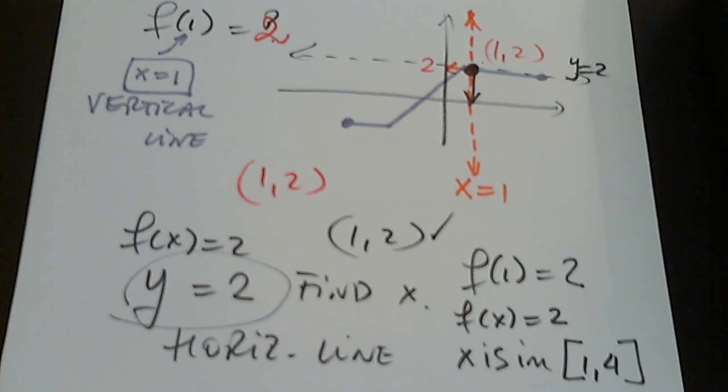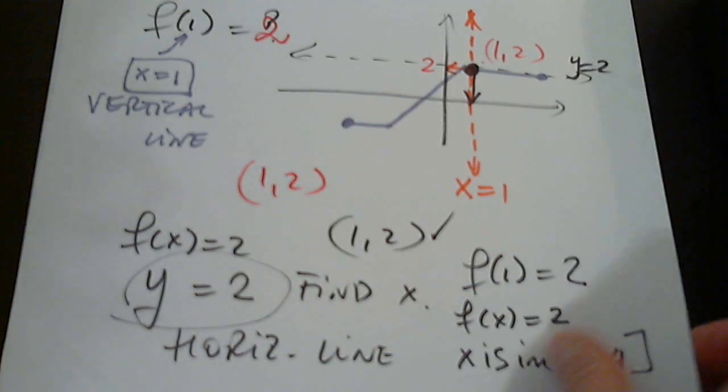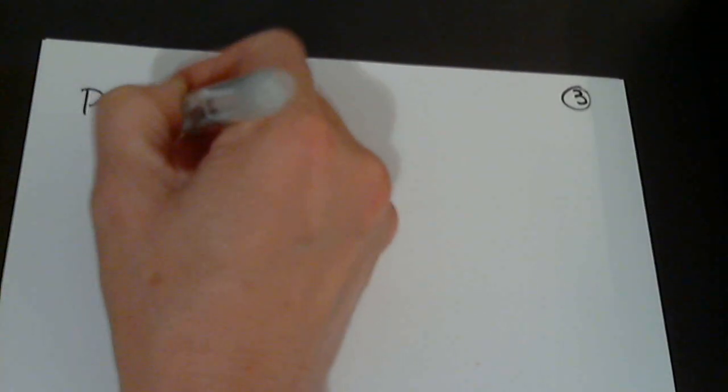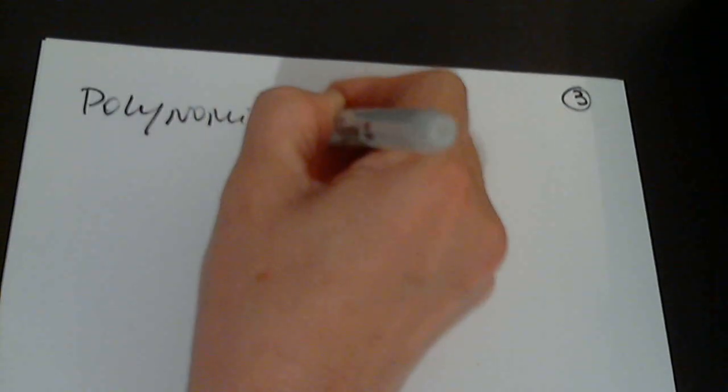Good. Any more questions, or do you think we need to look at other graphs, or can I move on to other types of functions and functions that are not graphed for us? Okay, so let's look at different types of graphs or functions. So here's one comment. Polynomial functions